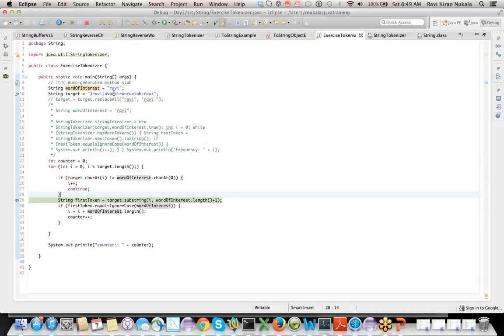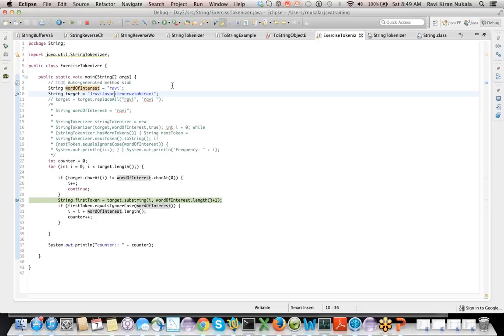Oh, character of first one is, so this is the reason I was talking about. We got to check all the characters. If all the characters don't match, we may end up in this trouble. But string index out of bound is not the case for that.